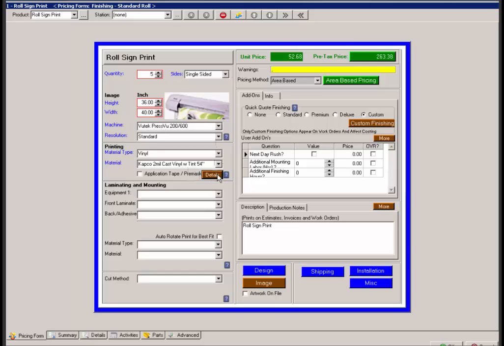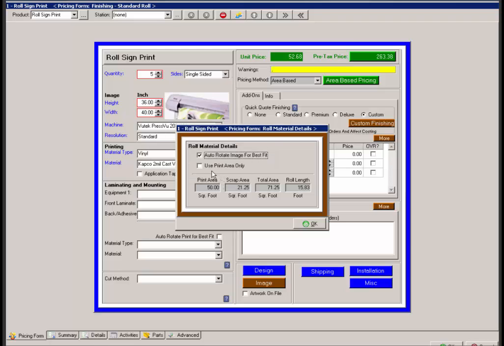Such is the case if you are doing multiple line items of all the different vinyls of different sizes, and you thought you could compile them together to better utilize scrap, such as you wouldn't have the leader filled in for each one. To do that, if we go into the Details button,